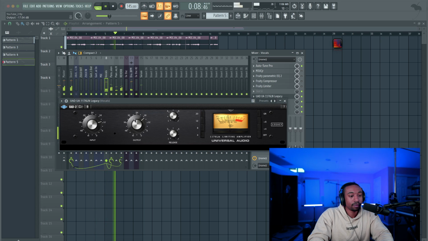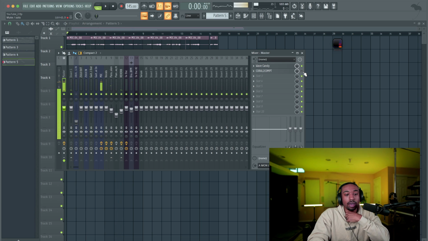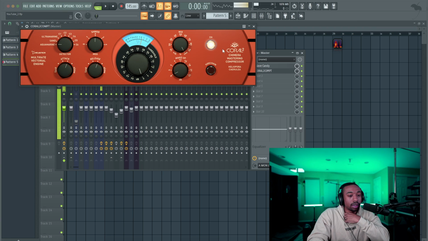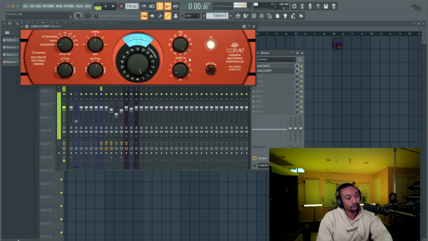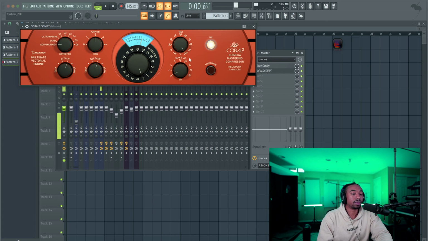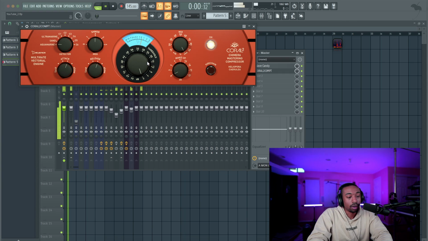Okay, so now I'm going to add a compressor to the entire track. And I'm going to use, what is it? Acustica Audio. This thing's called the Coral. I don't use this all the time. I just got it after having thousands and thousands of plugins. This is the first time I'm using this, so don't think this is the only plugin. I'm just showing you this because I'm showing you it. I like the sound so far.